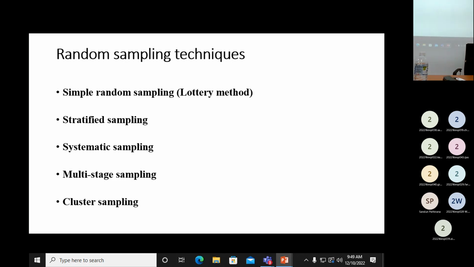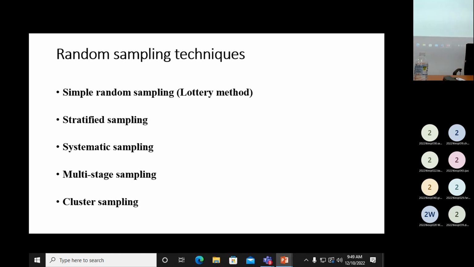So then finally, stage 5, select the sample. The poor people you select. Sample is poor people. Like that, some stages you can decide. No need to follow all the 5 stages, it depends on the study. Right. Now, when you provide scholarships to students, you can decide like that. You can introduce multi-stage sampling.